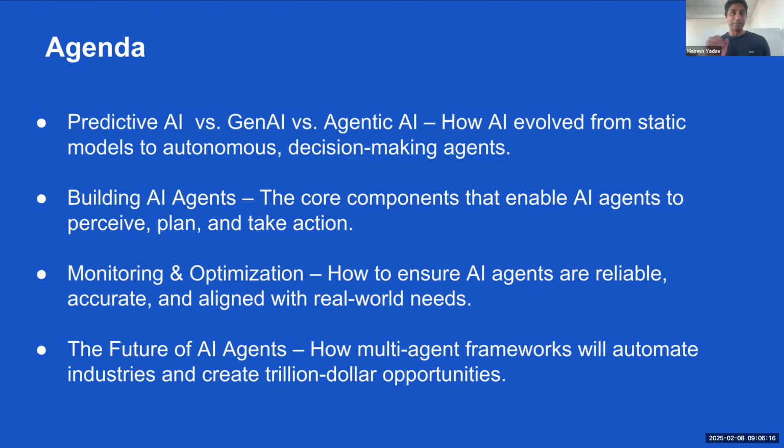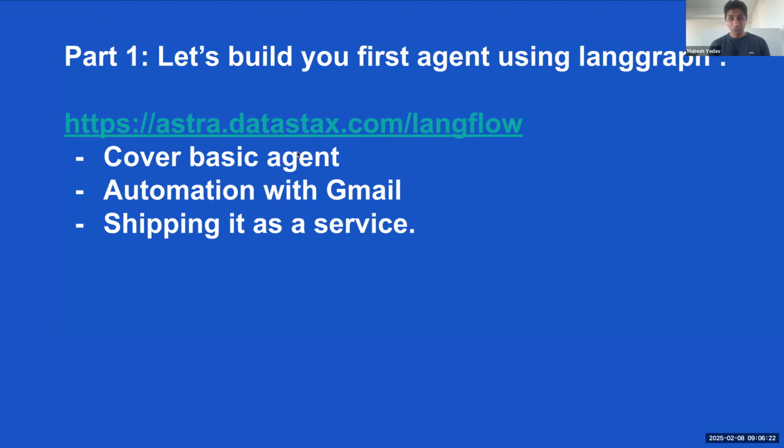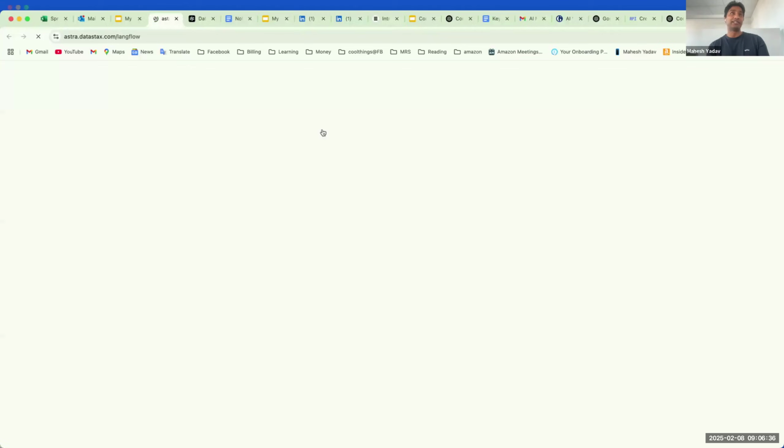Good. Okay. First thing first, before I even go to predictive or GenAI, I'm going to show you this cool stuff that I found, which is how you can build your first agent. And it's a no code tool. It's called Langflow. Anybody here who has tried Langflow, raise your hand. Kayuri says, let's go, Mahesh. Okay, Sumitra has done it. Great. That's all we needed. If Sumitra did it, we need not try anything.